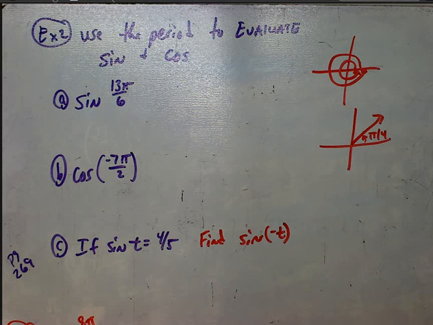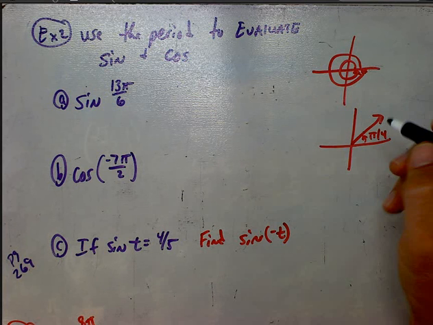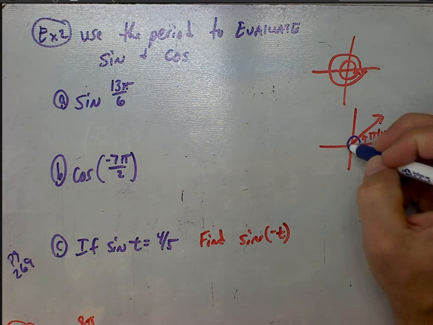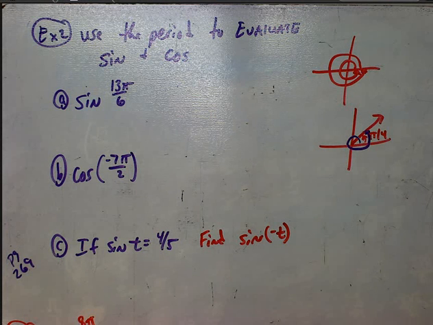Essentially, if I have an angle right here, let's say this is pi over 4, that pi over 4 is going to have the exact same sine and cosine value and tangent, cotangent, secant, and cosecant values as the angle that goes all the way around once, then back to that same angle. And since angles are called coterminal, they're going to have the same sine value and all that kind of stuff. So here when it says find the sine of 13 pi over 6, let's add to that one time that 1 period